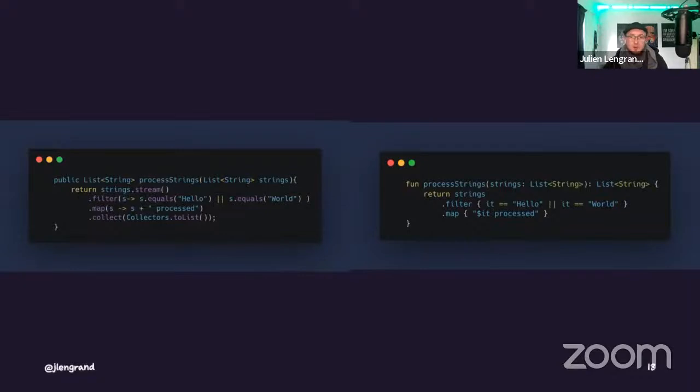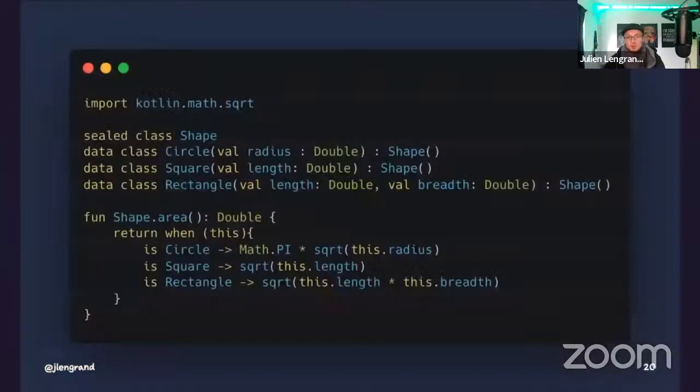All of those things are quite nice when you do functional programming. And of course, for me, the best feature ever: algebraic data types, sealed classes, and the when expressions that go with them, where you have smart casting, and then you have errors before you even compile because your IntelliJ is telling you you forgot one case. All of that is just amazing for me. That's my top 1 feature of Kotlin, if you ask me.